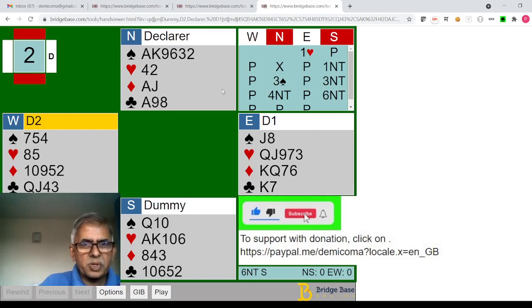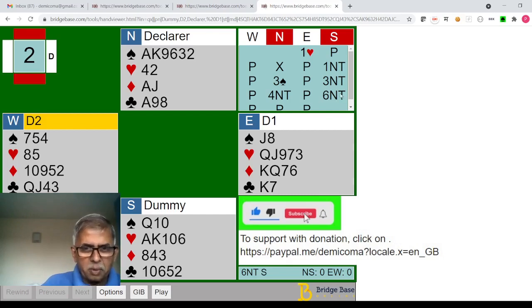So then of course North jumps to 3 spades because North has a much stronger hand for that balancing, reopening double. And South closes with 3 notrump, but North raises to 4 notrump to invite, and South bids 6 notrump with Ace King 10 of hearts, Queen 10 of spades, 10 of clubs.